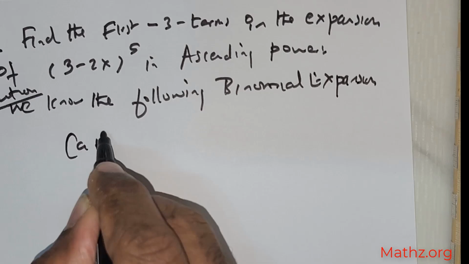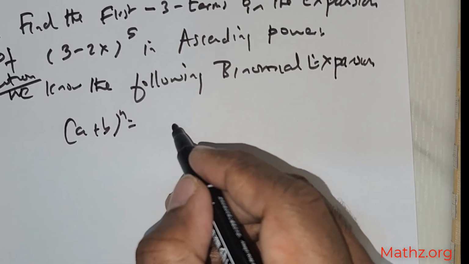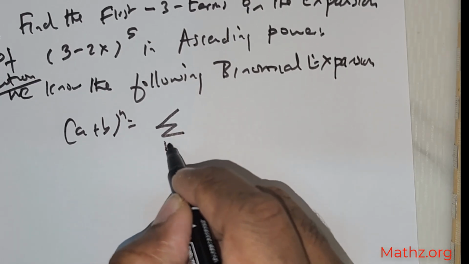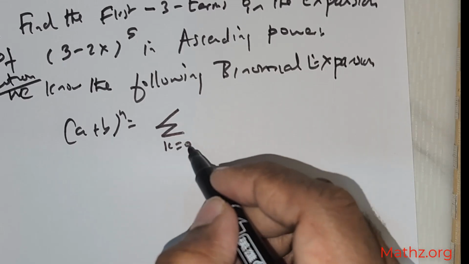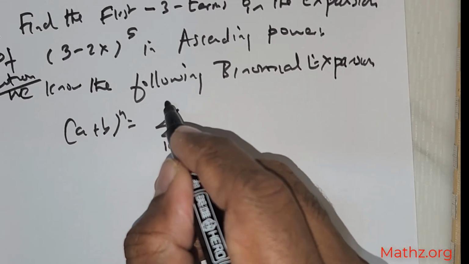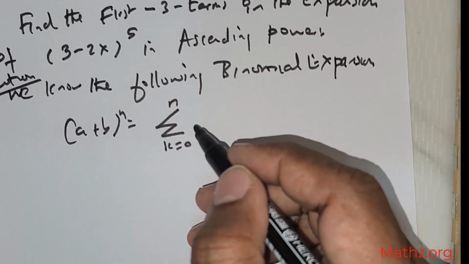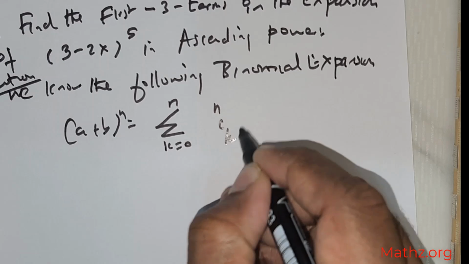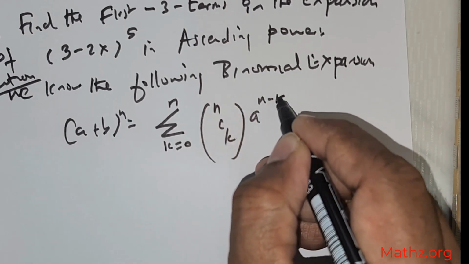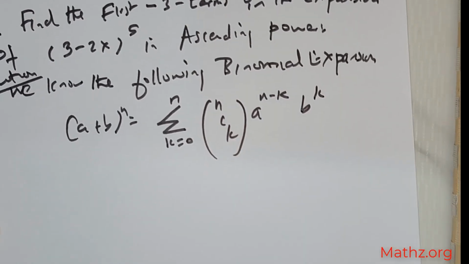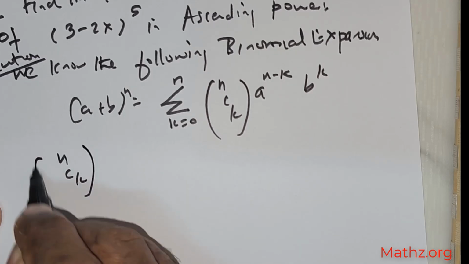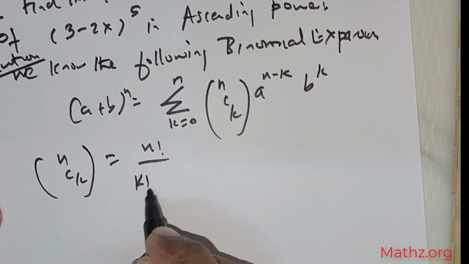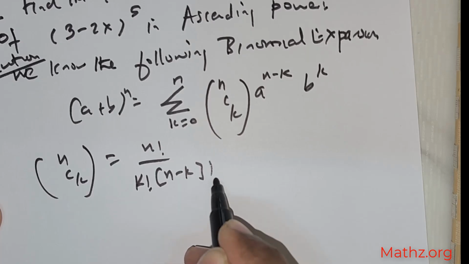So what is that? (a + b) raised to the power of n is given as the sum from k equal to 0 to n of nCk times a raised to the power of n minus k times b raised to the power of k. Now nCk is n factorial divided by k factorial times (n minus k) factorial,